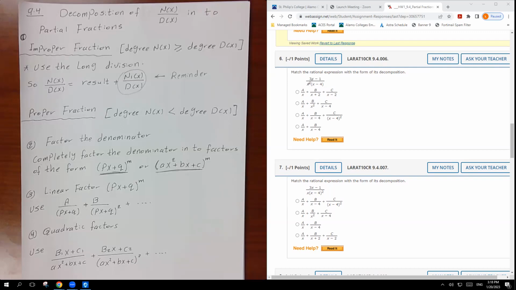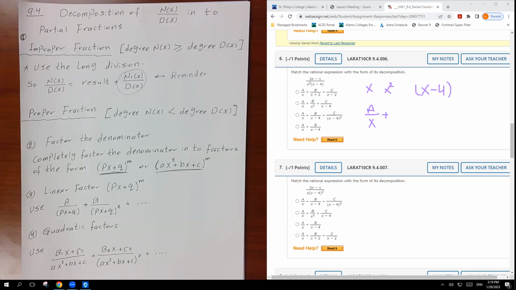If you look here, this is a quadratic. That means we have to write down x and x squared as a factor, and the next factor is x minus 4, which is linear. So the solution is going to be A and B and C. So we're going to put A over x, the first factor, plus the second one,